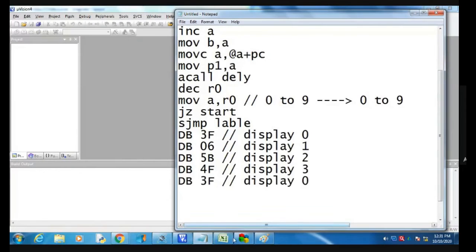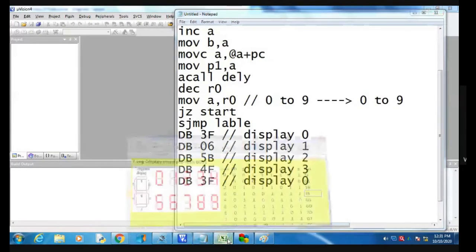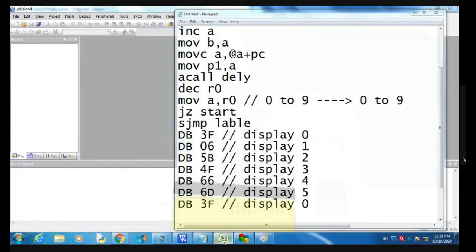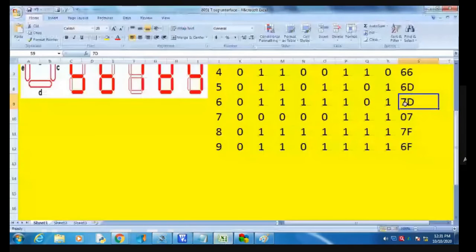Next is 66, 66 for display 4. The next is 6D, 6D, very good. This is for 5. The next value is 07, 7D. For 6, 7D.